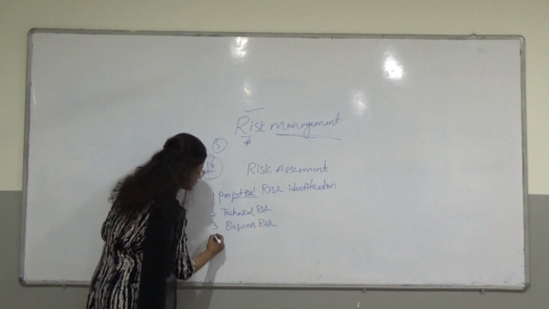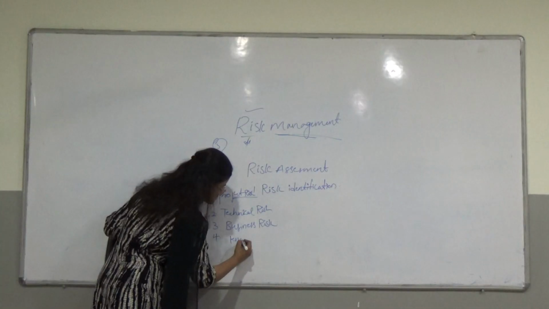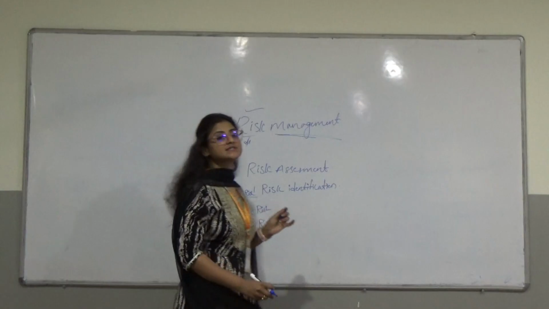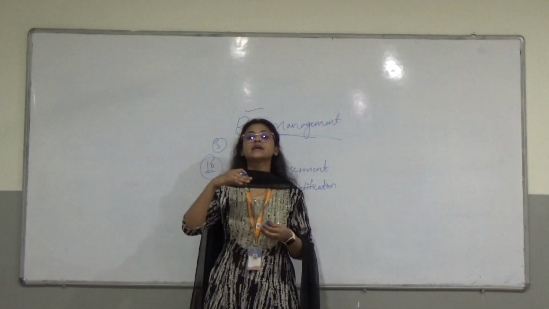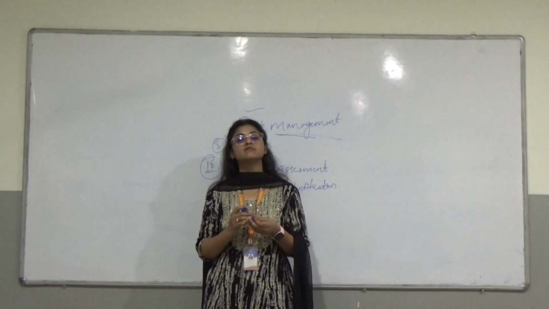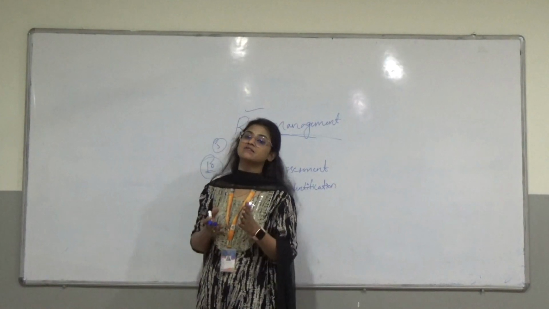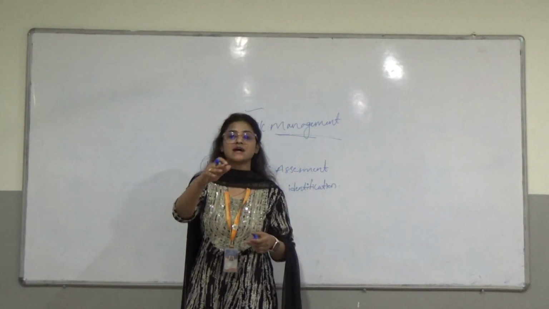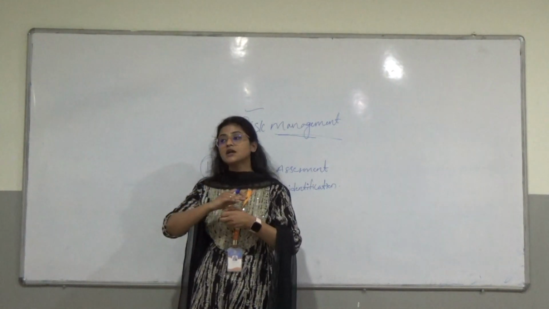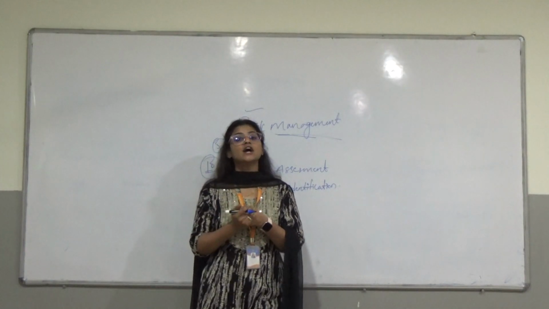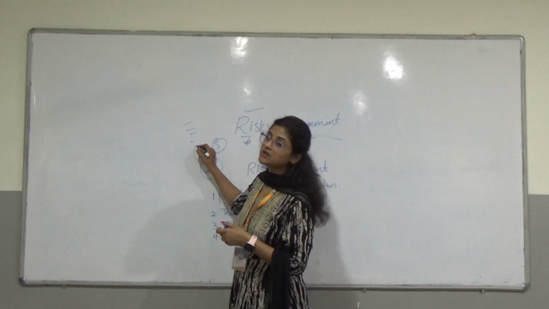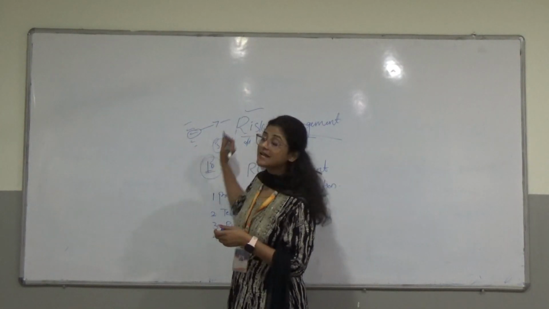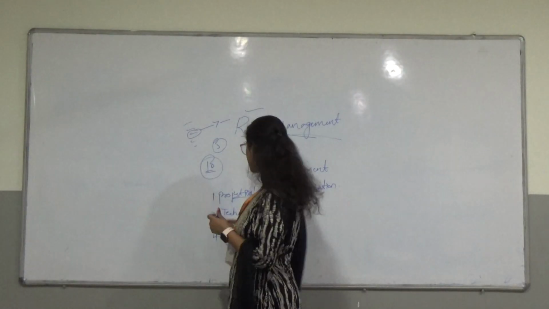And the next one is a known risk. Known risk means here you will be clearly knowing about the risk based upon maybe previous examples. For instance, you are traveling the same route, so easily you can understand how many speed breakers are there. That type of risk, like if you are going through some project and you have 10 lines of code, then you will be thinking that in the 5th line of the code an error will occur. That is called a known risk.